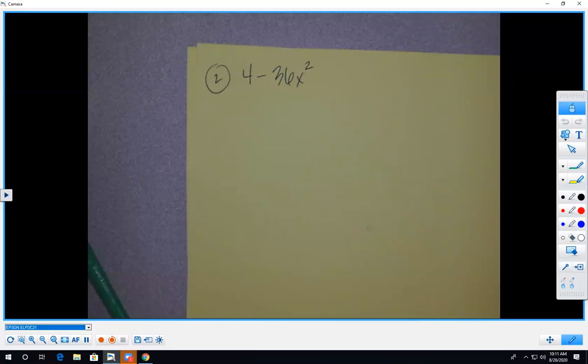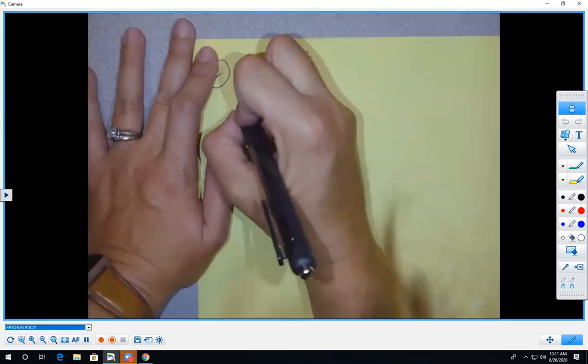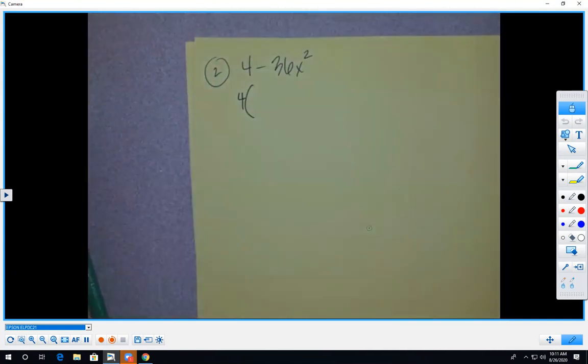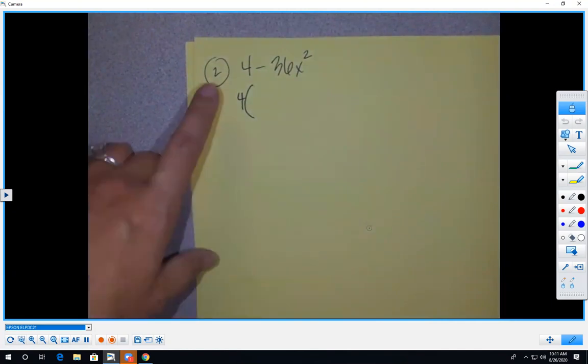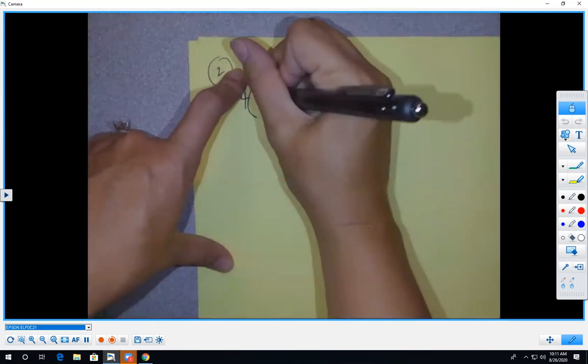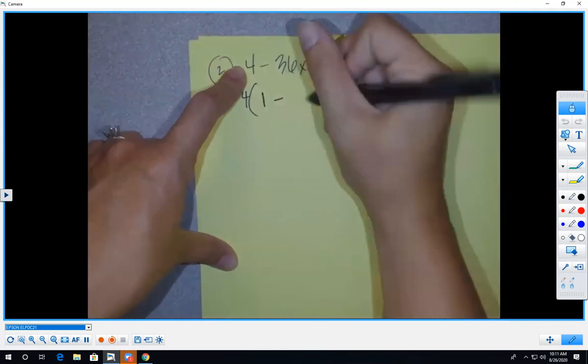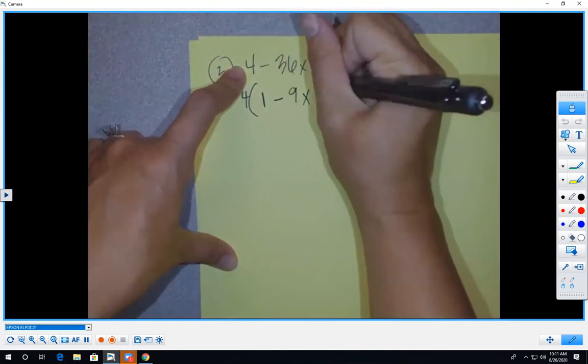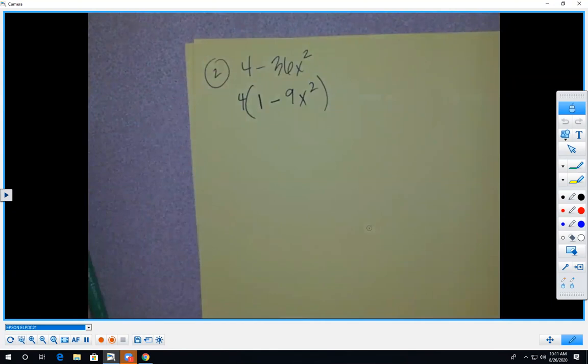Okay, so looking at this problem, do you have a greatest common factor here? Yes, 4 and 36 both have a common factor of 4. So I'm going to pull out 4. When I factor out the 4, I get a 1. 4 divided by 4 is 1. Minus 36 divided by 4 is 9x squared. And then that inside is now,